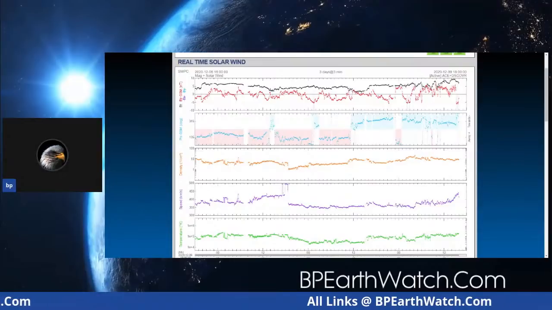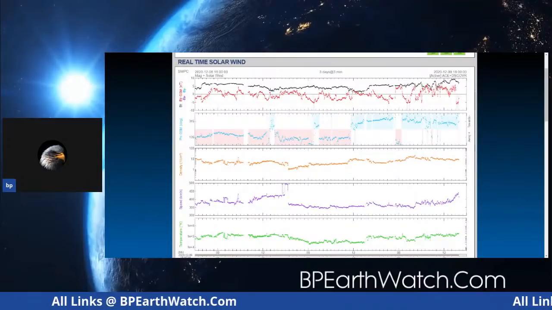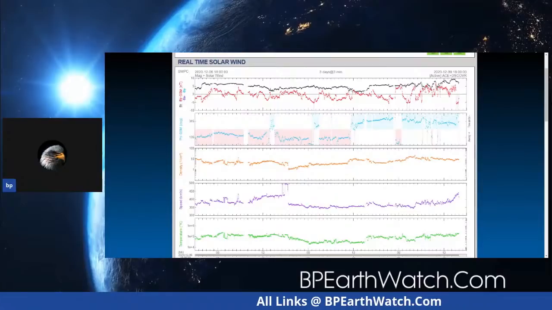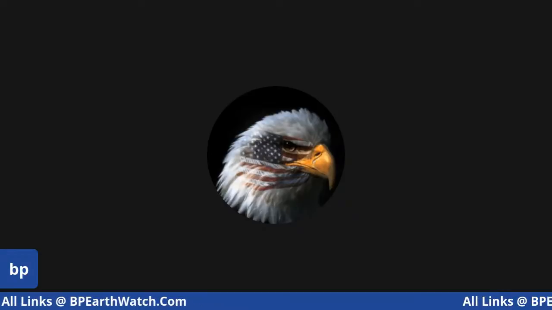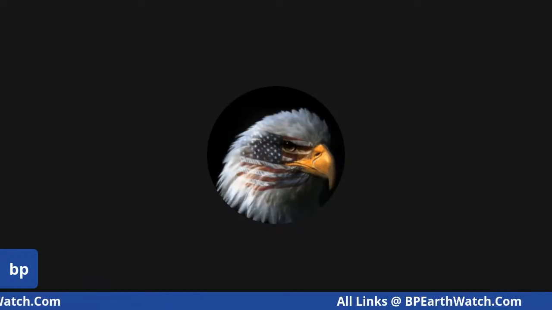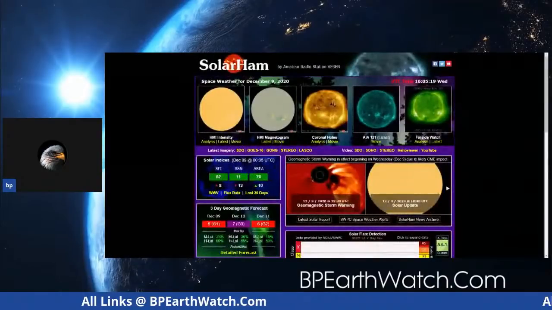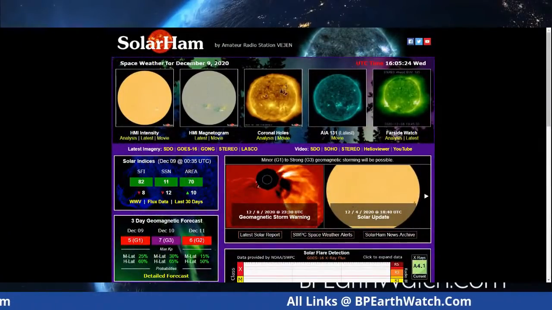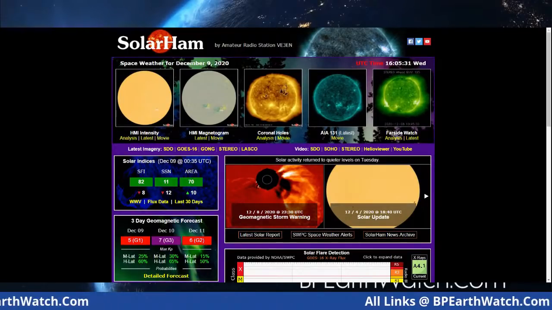So let's go to, let me see if I can get this to come in here. Now, I'm going to try to get this larger. That's as large as I can get it, guys. But what we're looking at is Solar Ham, solarham.com I think it is, but it's linked on the website.